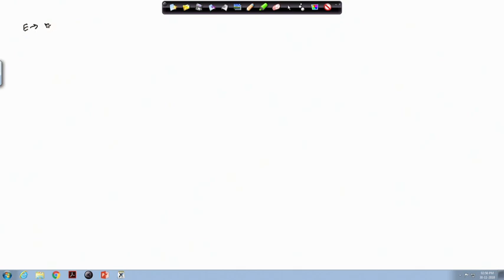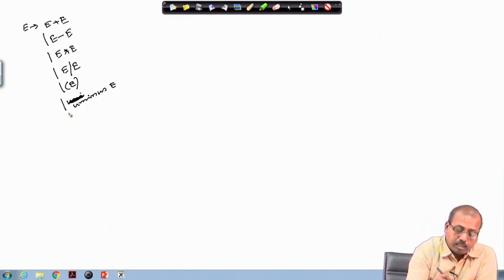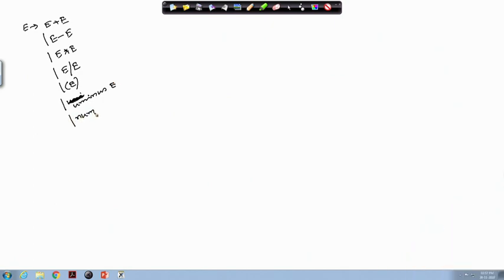E producing E plus E or E minus E or E star E, then E division E, within bracket E, and then unary minus, we write it as a separate token, a separate terminal symbol u minus, so as to differentiate it from the binary minus, and it can be a simple number. Suppose this is the grammar that is given.